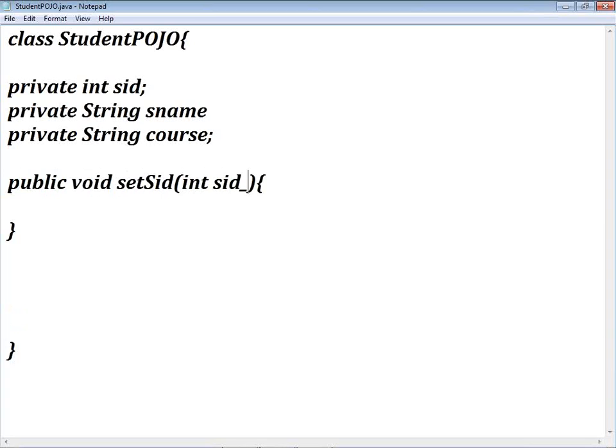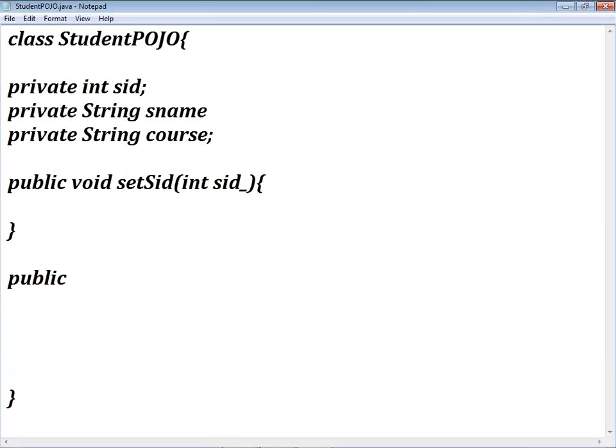What is the input parameter for this method? This method is taking one integer parameter as an input, SID. Of course, right now, you don't know why you are writing the logic like this. But once you start working, at that time definitely you will understand what is the need of writing the setter methods and the getter methods. Okay. So setSID. Next,